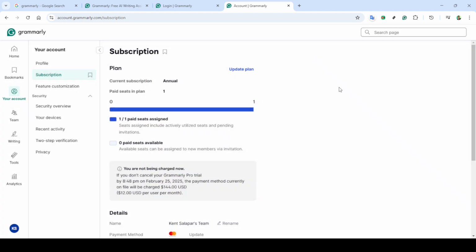And there you have it, you are now equipped with Grammarly Premium. Enjoy the enhanced writing features and the peace of mind